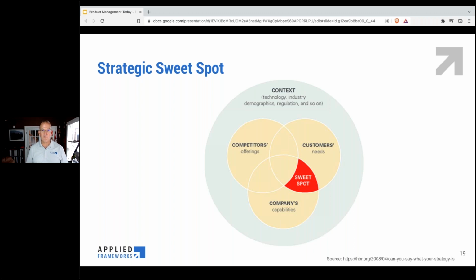Next, you think about your customers' needs, overlay with your competitors' offerings and your own capabilities. So the sweet spot is the space in the middle in red. But as you think about this from a strategic point of view and from a tactical point of view, you may want to think about as well which capabilities you actually need to develop that will allow you to compete with your competitors. So when you think about this space here, if your competitors offer this, you may need to offer the same type of capabilities and features and benefits to your customers just to be able to compete, to satisfy your customer needs.